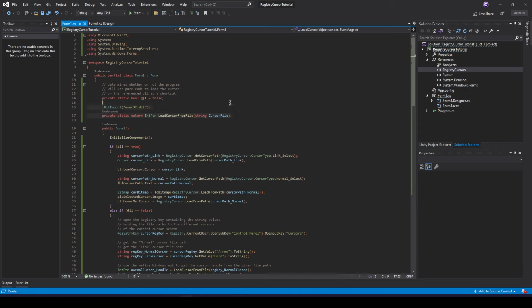So this load cursor from file, I'm not entirely sure how that part works. The DLL I made is just based off my limited knowledge of this, but thankfully, it works perfectly. But this creates a handle, which is like the memory address in your computer. It creates that from the file, or the file path. Magic. Yeah. And then, with the DLL I made, the get cursor path, there's an enum, which,